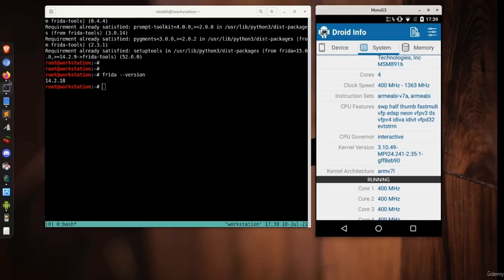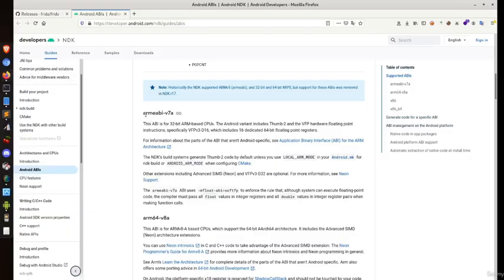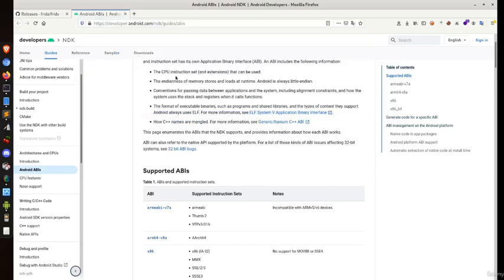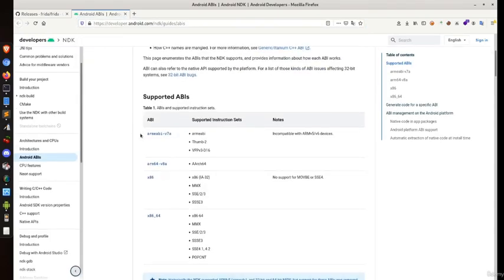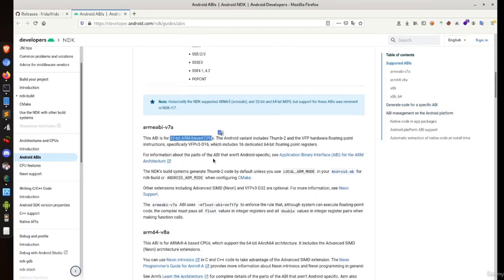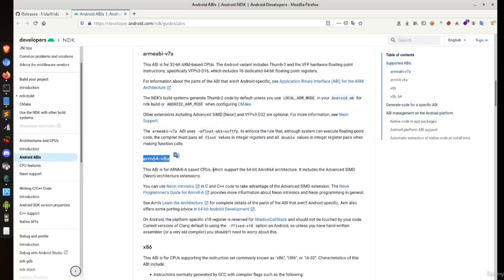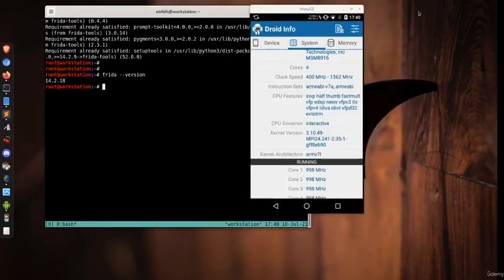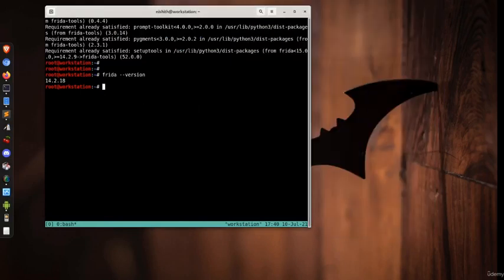Now let's go to the website, Android APIs. We have details of APIs. Over here, if you go to this URL, you can see the same API version and architecture we are dealing with. This is for the 32-bit ARM-based CPU, and for 64-bit there is ARM64 V8A. As we have already identified that we have a 32-bit architecture, we just go to